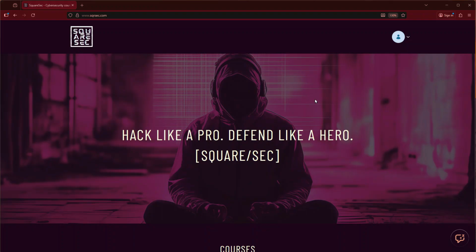Today we are looking into lab number 2. In today's session we will see how we can get access to another user's account, and we will try different techniques from broken access control to SQL injection. We will try to find out if there are any leaked session IDs, and we will look into the strength